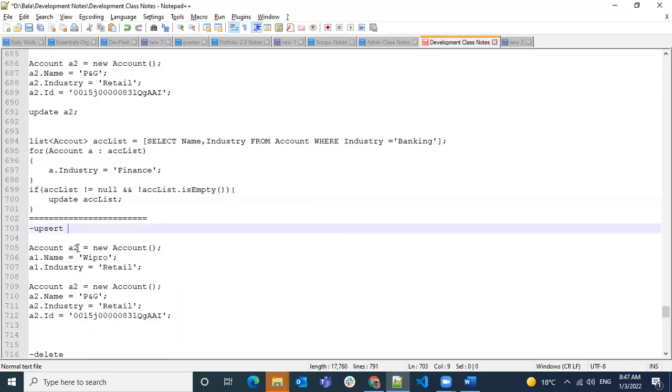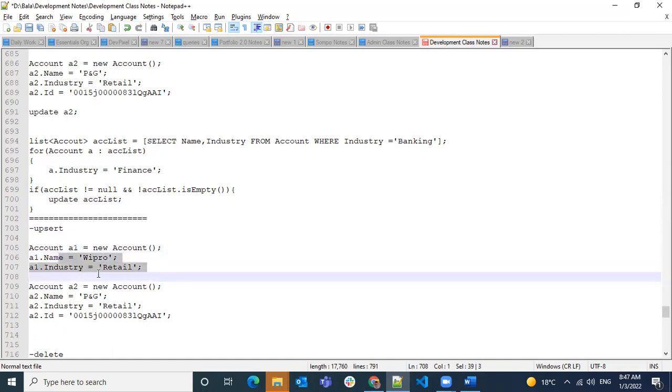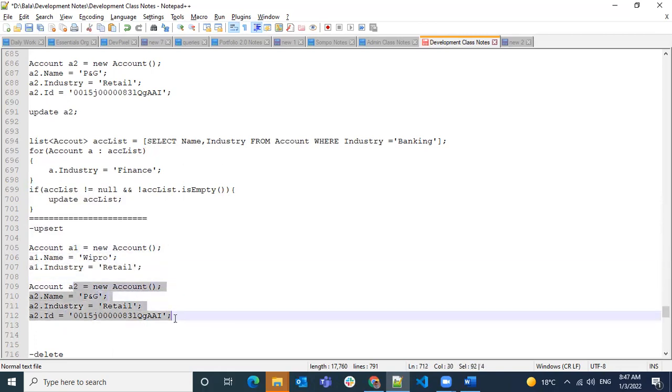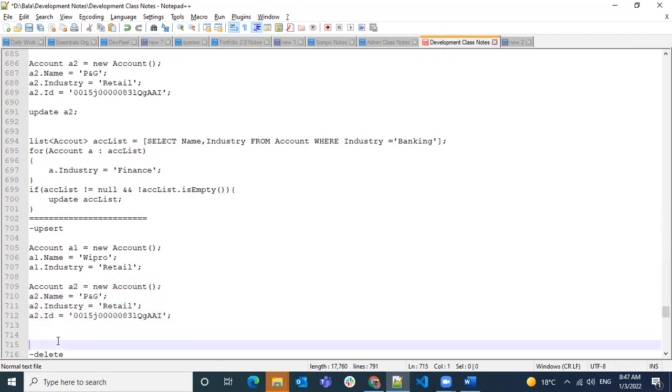So I have account 1 and account 2. I know this first account is not there and I have no ID here. And I know the second account exists and I want to update it.